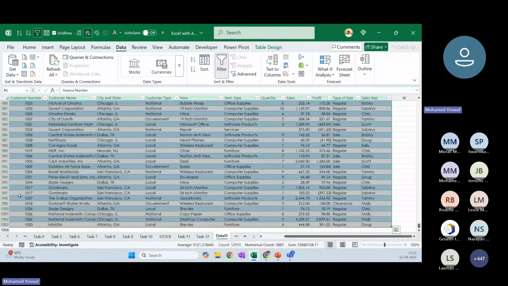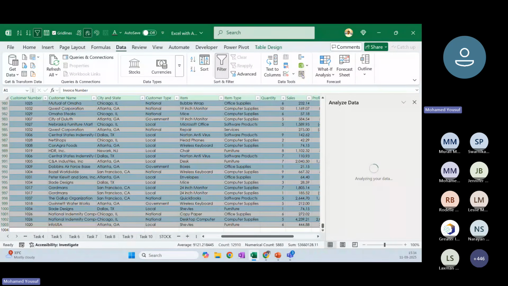If we give this data to you and I ask you to analyze it, how much time will you take to come up with n number of insights? Minimum you will take 2 to 4 hours, right? Sometimes some people will take 1 day because it contains n number of columns and records. But in the Data menu here, we have an option called Analyze Data. When I click Analyze Data,